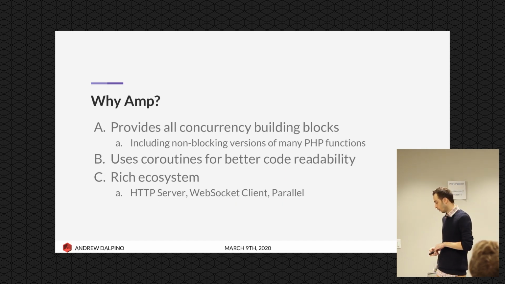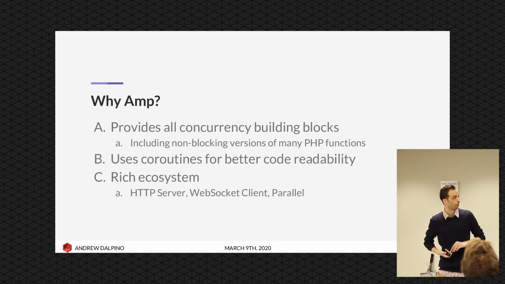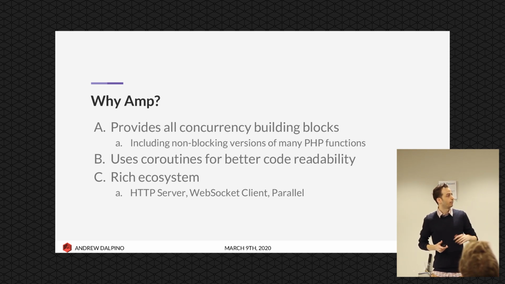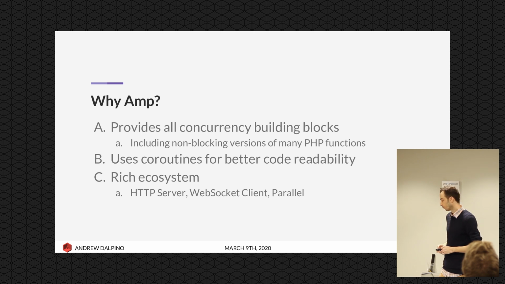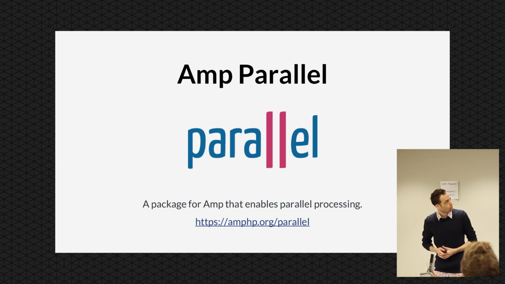So why AMP? Well, it provides all the concurrency building blocks that we need, which includes promises and also non-blocking versions of many of the PHP functions. One of the dirty little secrets of PHP is that pretty much all the functions are blocking. So things like database calls and file_get_contents are all blocking. They weren't really designed for an asynchronous world, and AMP, fortunately, provides us with most of those tools. It also uses coroutines for better code readability, and it has a rich ecosystem: an HTTP server, a WebSocket client, and also this library, Parallel, which we're going to use now